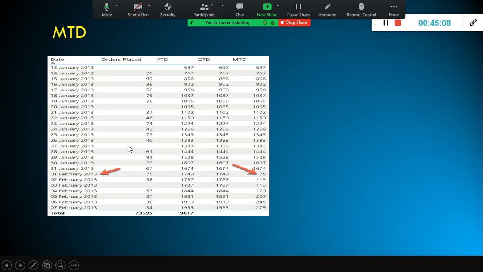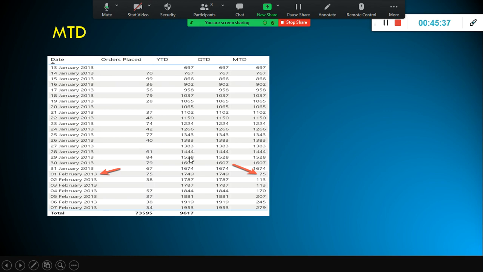If somebody is asking you 27th January, what is the year to date or quarter to date, you are gone. Let's say 27th January is a working day. They want to know why there were no sales. Just because you don't have sales on that day doesn't mean the quarter to date and month to date values will get reset. Still, this is applicable on that day also.